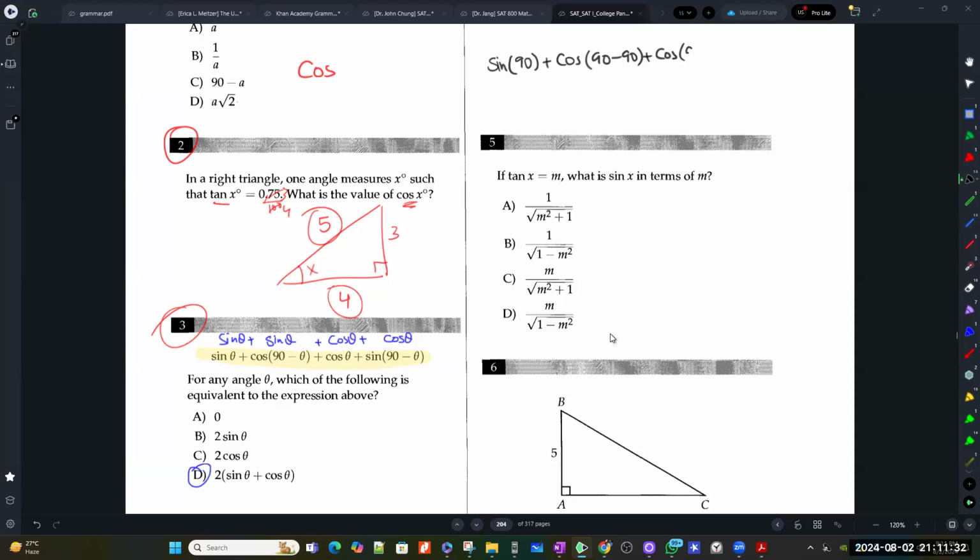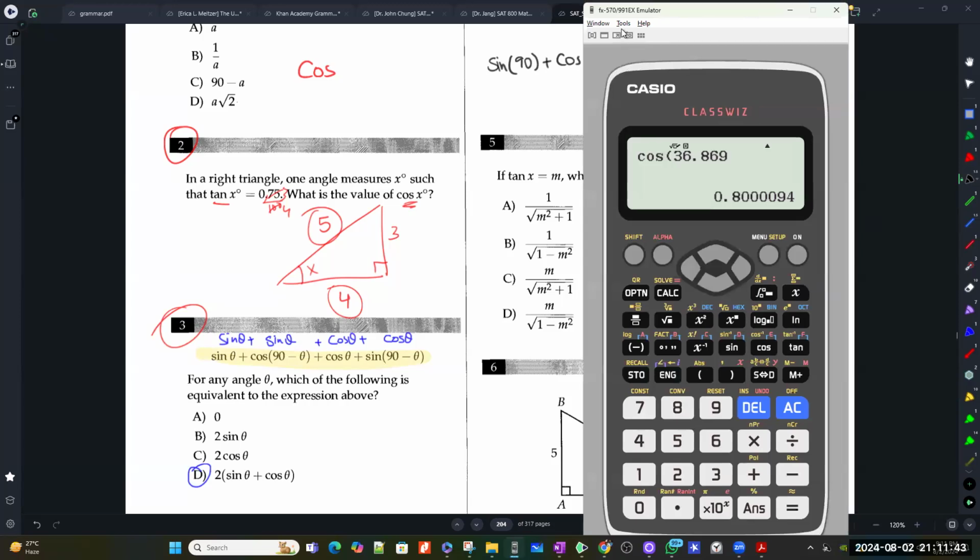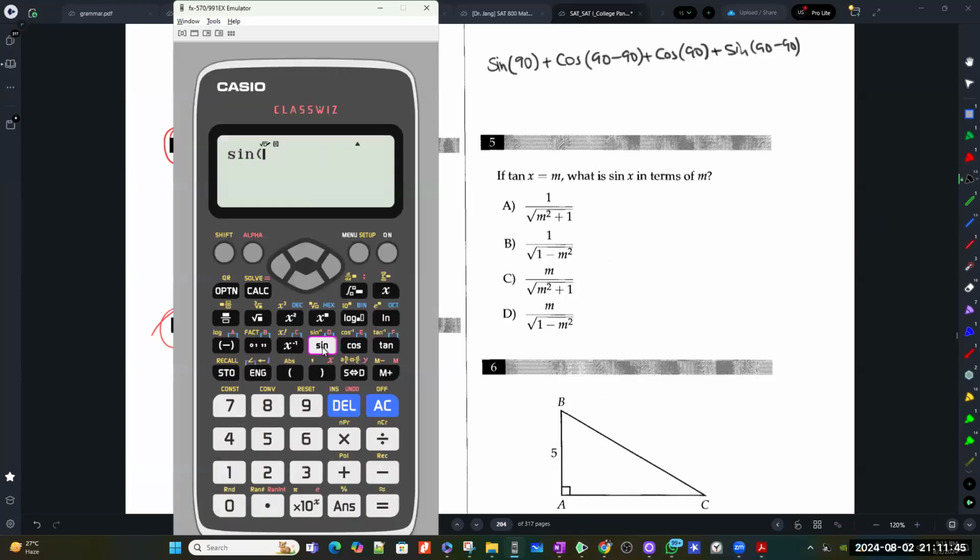If you are one of those who doesn't know anything, they're just going to throw in 90. Well, they were smart enough to do this, right? Okay, throw in 90. So by throwing in 90, they're like, okay, sine 90 plus, put the brackets, plus cos 0